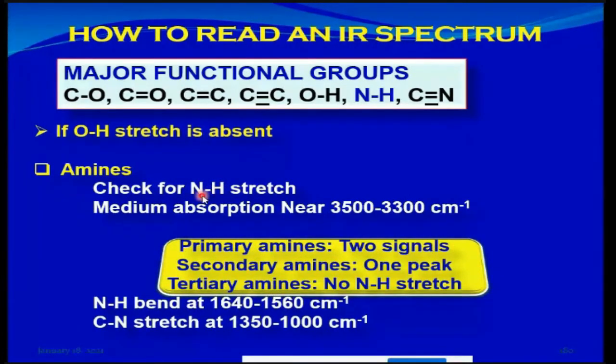तो चूंकि जो डायग्नोस्टिक पीक है दैट इज द NH स्ट्रेच, तो प्राइमरी अमीन में चूंकि 2 NH बॉन्ड्स हैं, NH2 होता है, तो उसमें आपको 2 सिग्नल नजर आएंगे। ये 2 सिग्नल्स जो हैं अलग अलग नहीं होंगे। These two signals appear usually in the form of a doublet type of signal. If you have a secondary amine, तो उसमें चूंकि NH होता है, you have only one NH bond, so that will give you only one peak. And if you have a tertiary amine, then obviously you don't have NH bond, so you don't see the NH stretch. Additionally, इसके साथ आप NH बेंडिंग वाइब्रेशन देख सकते हैं एट अराउंड 1560 to 1640।